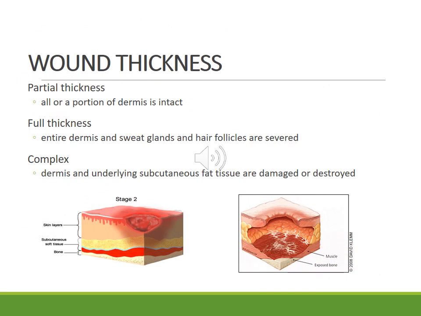And this last stage of how we might classify a wound is in regards to wound thickness. And we will talk a little bit more about this when we talk about staging of pressure ulcers. But we have wounds that have partial thickness, meaning all or a portion of the dermis is intact. We've got full thickness where the entire dermis and the sweat glands and the hair follicles are severed. And then we've got complex, where maybe the dermis and underlying subcutaneous fat tissue is damaged or destroyed. So again, we'll talk a little bit more about these terms right here as we get into staging of pressure